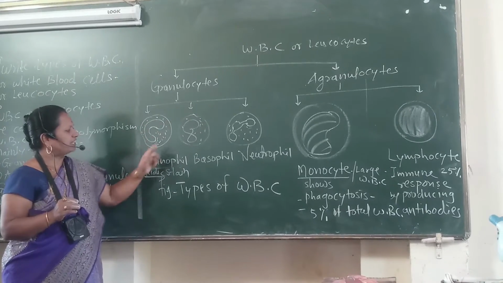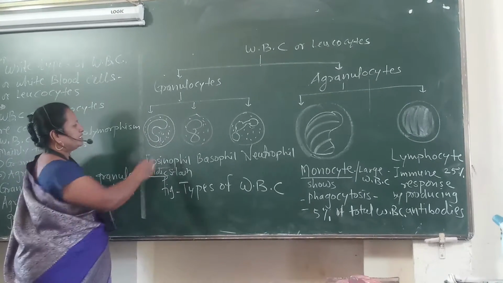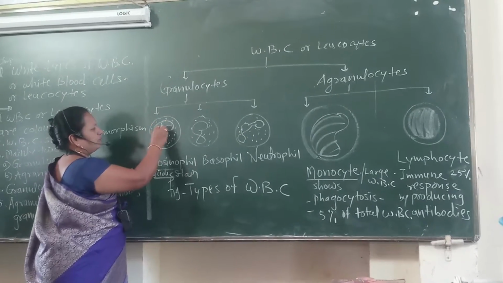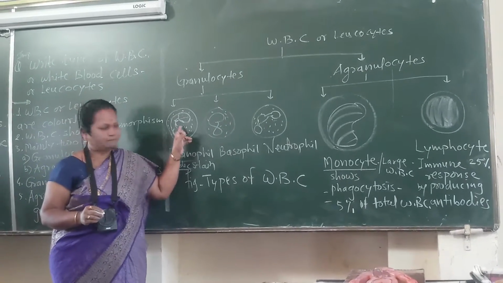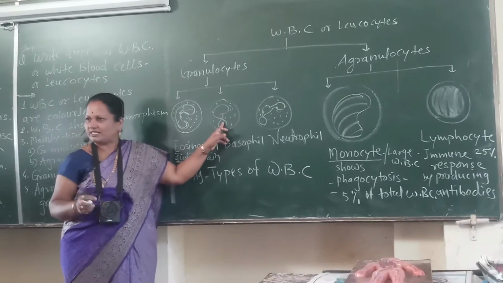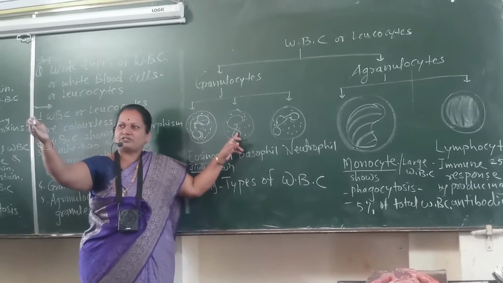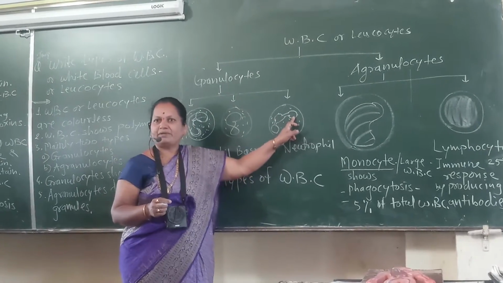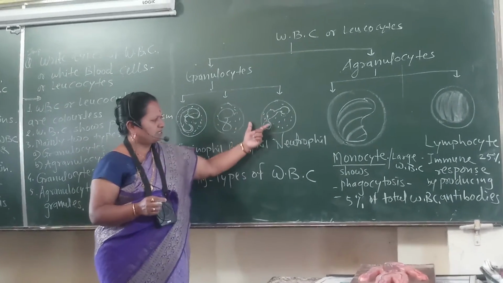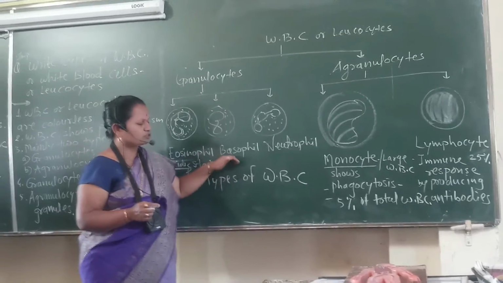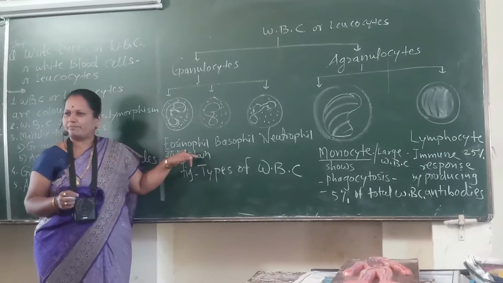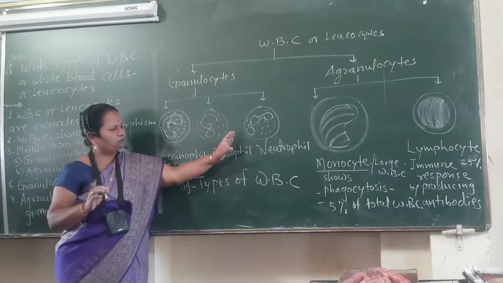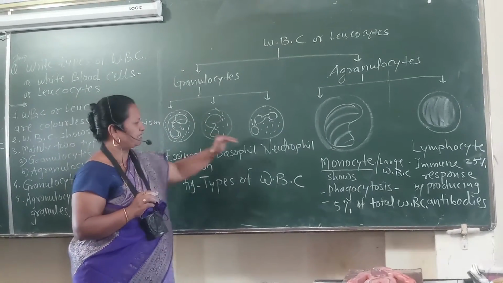Eosinophils show granules in the cytoplasm and the nucleus is bilobular. What is meant by bi? Bi means two. There are two lobes, therefore it is called a bilobular nucleus. In the basophils, a twisted nucleus is there. In the neutrophil, a many-lobed nucleus is there. Many lobes are present in the nucleus. In basophil, twisted nucleus, and in acidophil or eosinophil, bilobed nucleus is there. This is the comparative difference between the eosinophil, basophil and neutrophil.